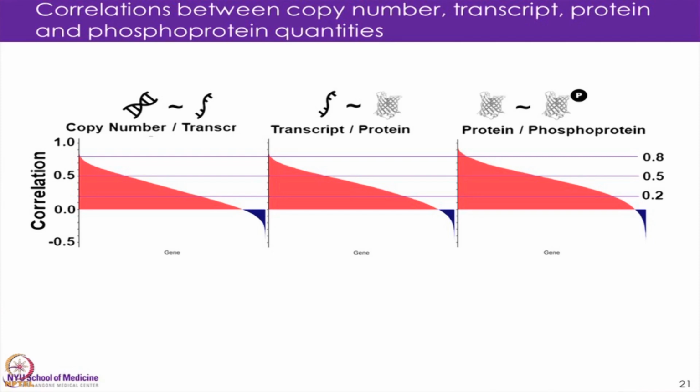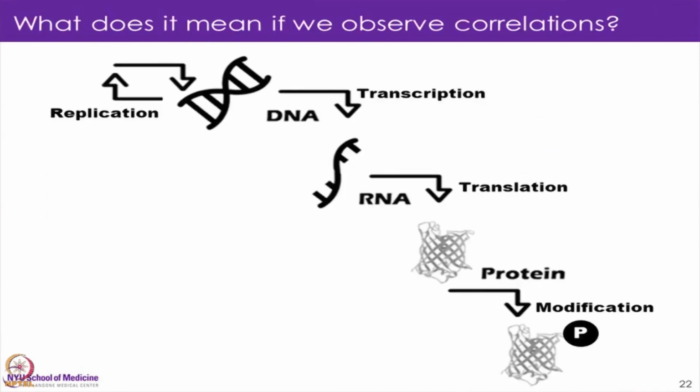So what does it mean now? If we see a correlation in one case, we don't see a correlation in another. How do we start thinking about this? Any suggestions? Maybe we can start, let's say, what do we say if we see a